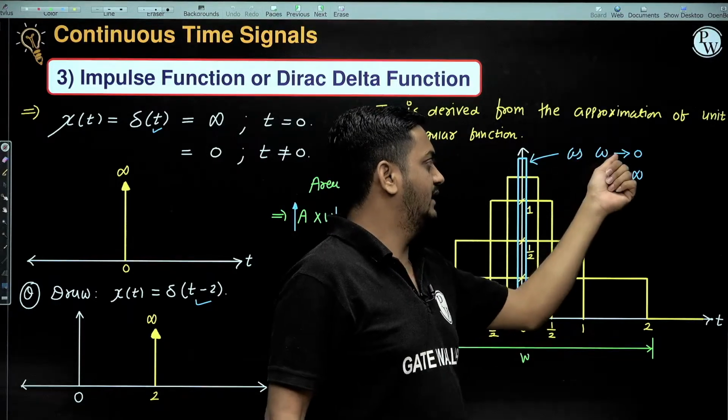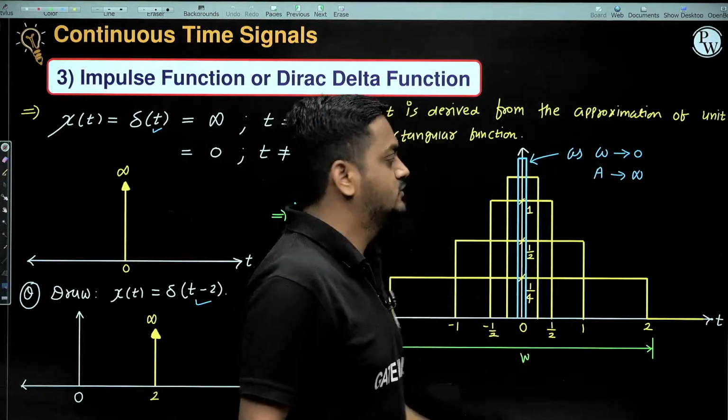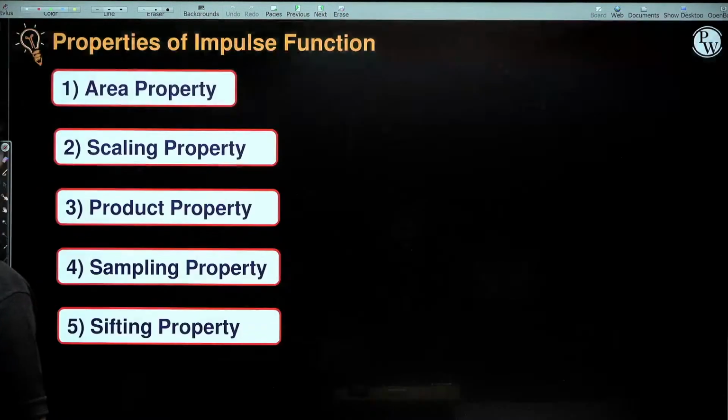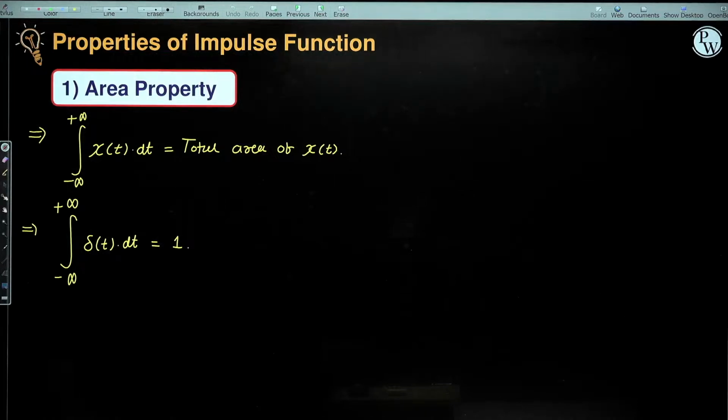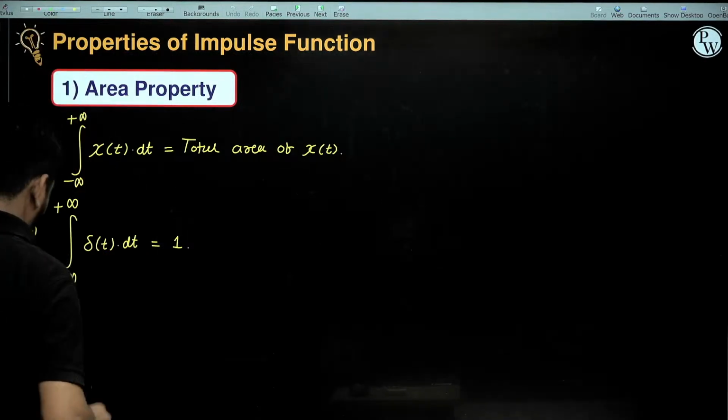So as w tends to 0, a tends to infinity, so area will be 1. So first property is: area under impulse function is unity guys. Area under impulse function is... So suppose I am writing